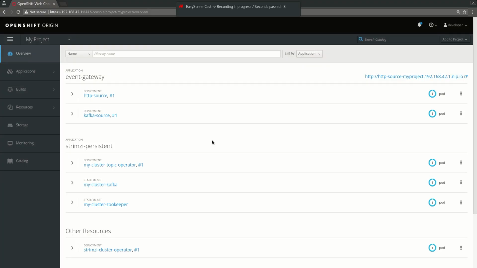Hello, this is a little demo about the Cloud Event Gateway that we developed. The Cloud Event Gateway is based on Kafka internally, therefore we use Strimzi here on OpenShift. I have already provisioned the gateway and it has two input sources, so it can receive Cloud Events over HTTP